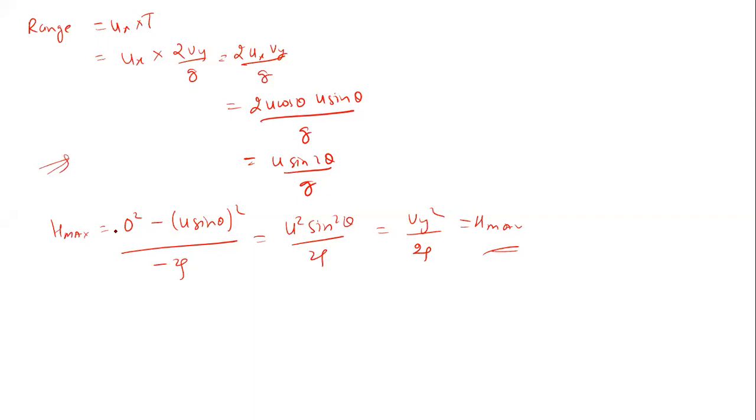Then we have horizontal projectile. Horizontal projectile means we are throwing the object from a certain height. Inclined plane projectile is not there in your syllabus. For the NEET syllabus, inclined plane is not there. Now for horizontal projectile, let us suppose we are throwing the object from a certain height h with speed u. Then again you have to find the time of flight, range, and maximum height.